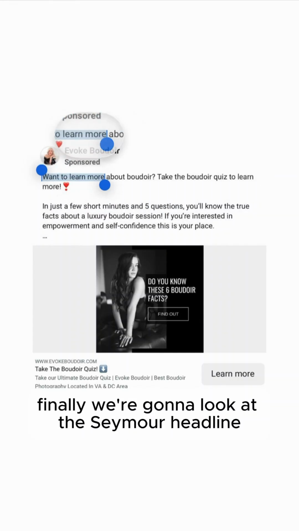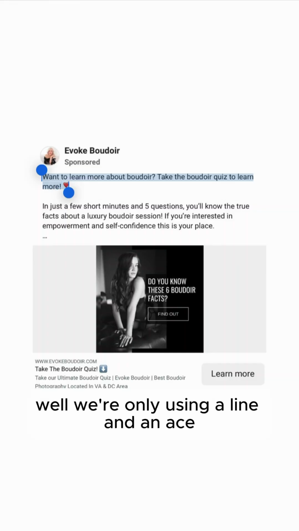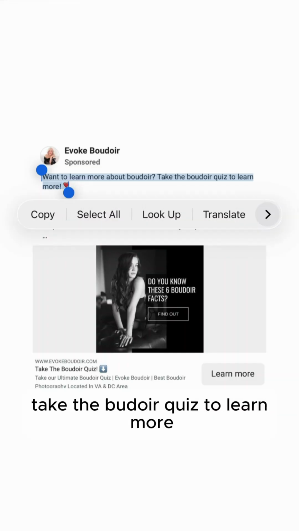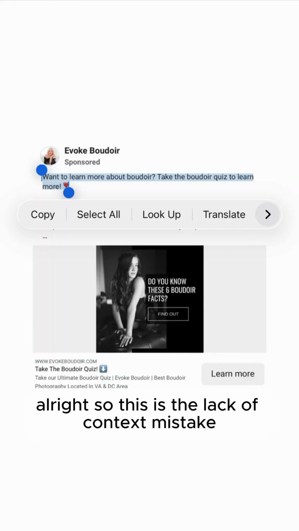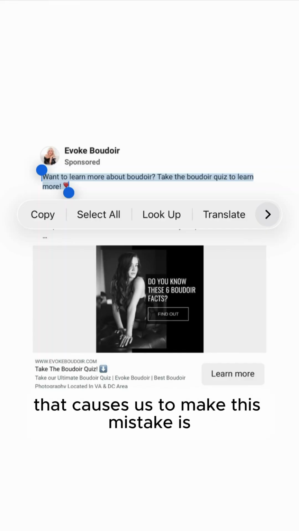Finally, we're going to look at the headline. Facebook's mobile news feed shows the first two and three-quarter lines, and we're only using a line and an eighth. So: want to learn more about Boudoir? Take the Boudoir quiz to learn more. All right, so this is the lack of context mistake. The false belief that causes us to make this mistake is